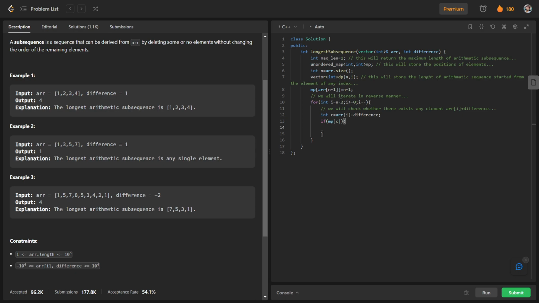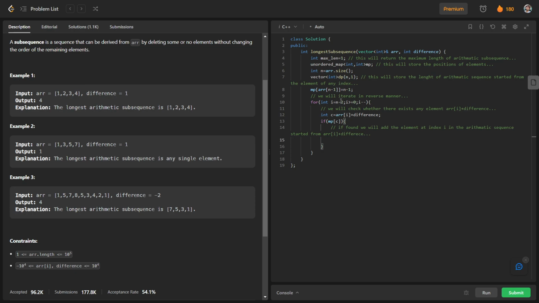If it is existing, we will increase the size of the arithmetic subsequence. I will write here first: if found, we will add the element at index i in the arithmetic sequence started from arr of i plus difference.